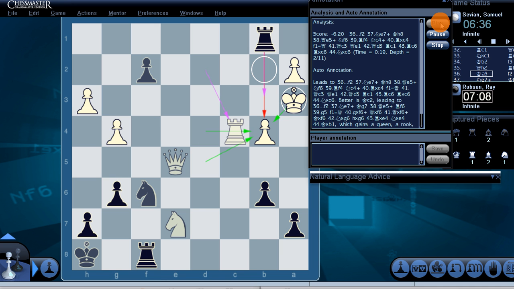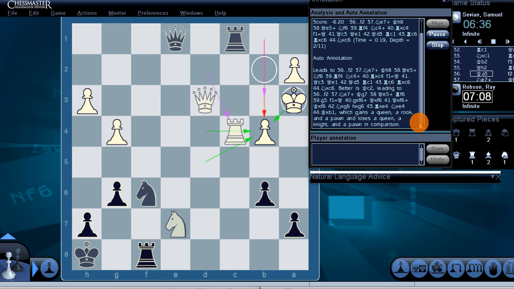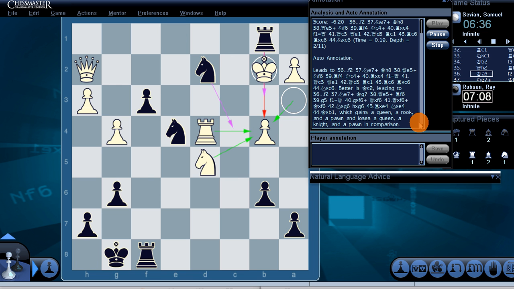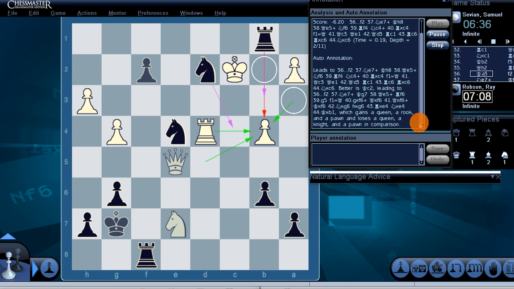rook takes c4, f1, queen c3, queen e1, queen d3, rook c1, rook c6, rook takes c6, knight takes c6. Better is king c2, leading to f2, knight e7, check, king g7, queen e5, check, rook f6, g5, f1, queen